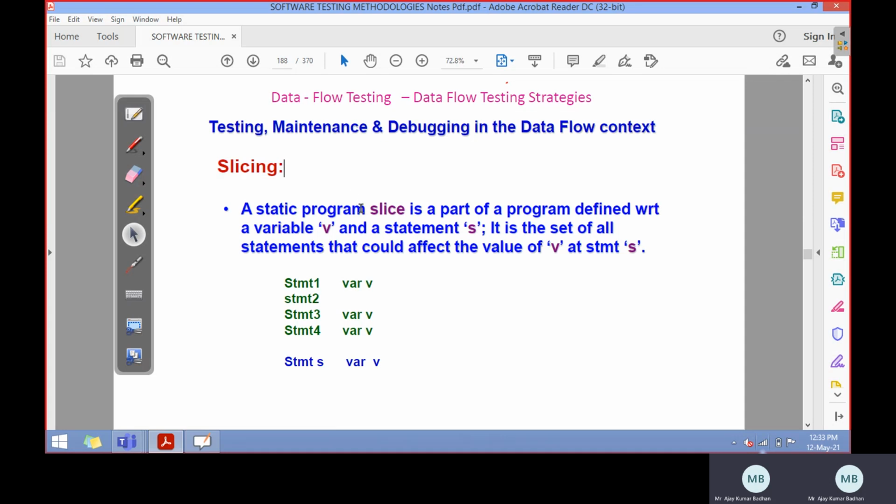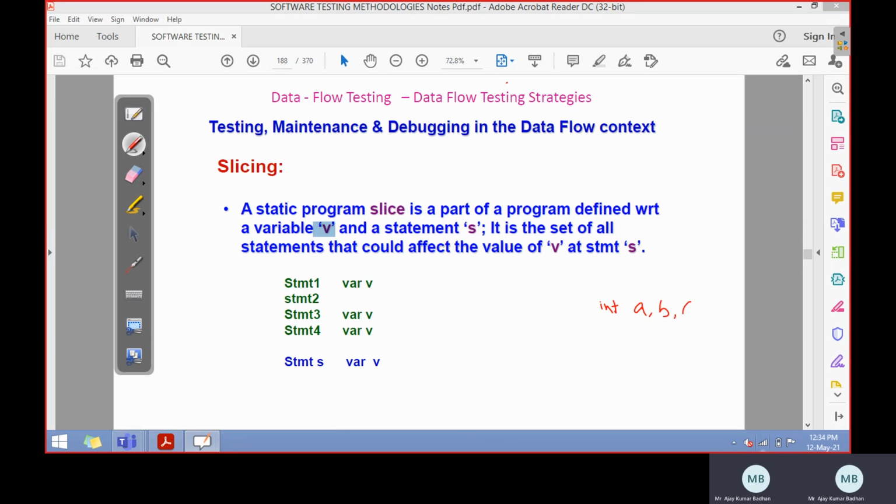In the same way, with respect to the program, it is the smallest part of a program that is defined with respect to a variable and a statement. We usually represent it as S or we can represent it as I. It is the smallest part of a program. So whatever program you're writing, among it you only take a small portion. That will consist of a variable and the statements with respect to that particular variable. And that set of statements you have gathered here is the one which will be affecting this particular variable.